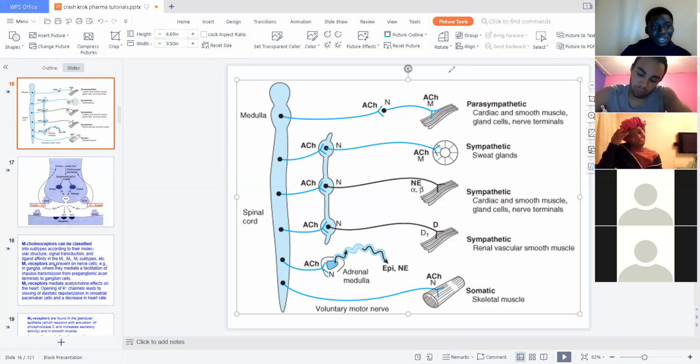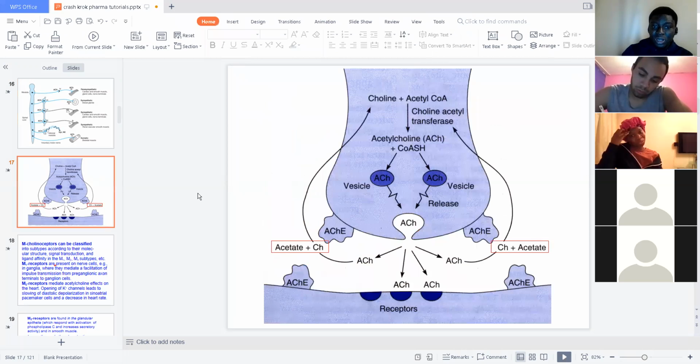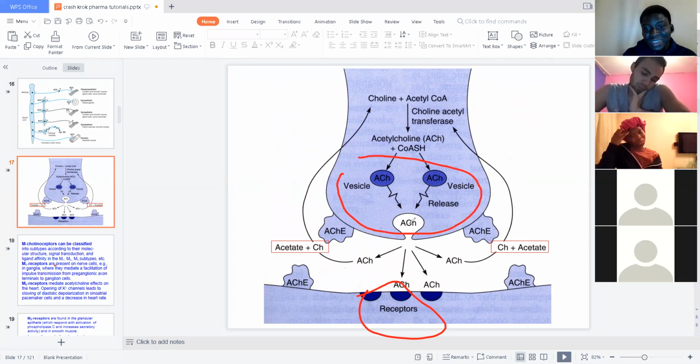So next, we're going to talk about the postsynaptic receptor. So here we can see the receptors, and this is the presynaptic membrane. So we can see it releases acetylcholine into the synaptic gap, and then acetylcholine binds to the receptors. So I want you to take note of this. So this is called